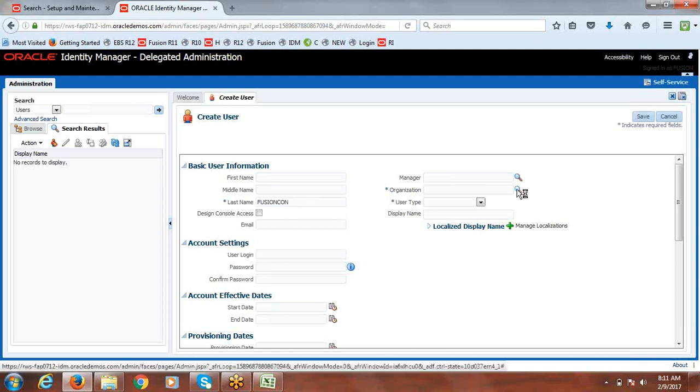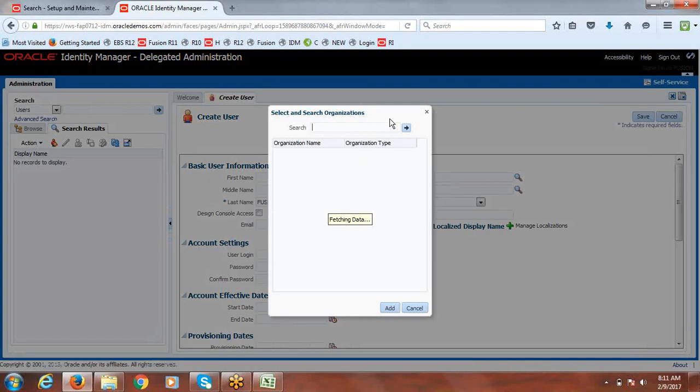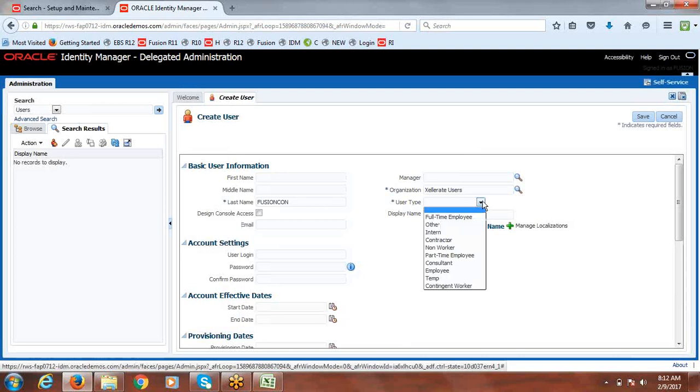Select organization. Here we have accelerate users dummy value to select as organization. So user type, any value you can select, and user login name and password.